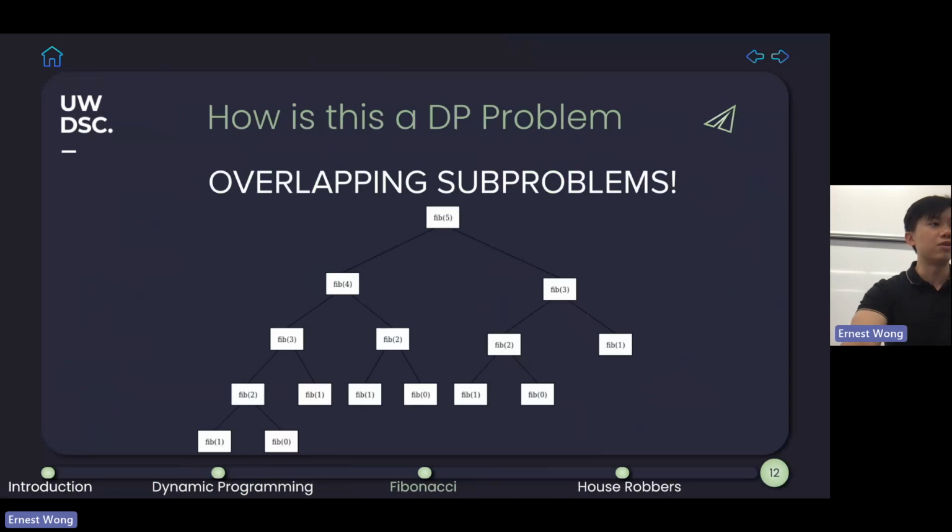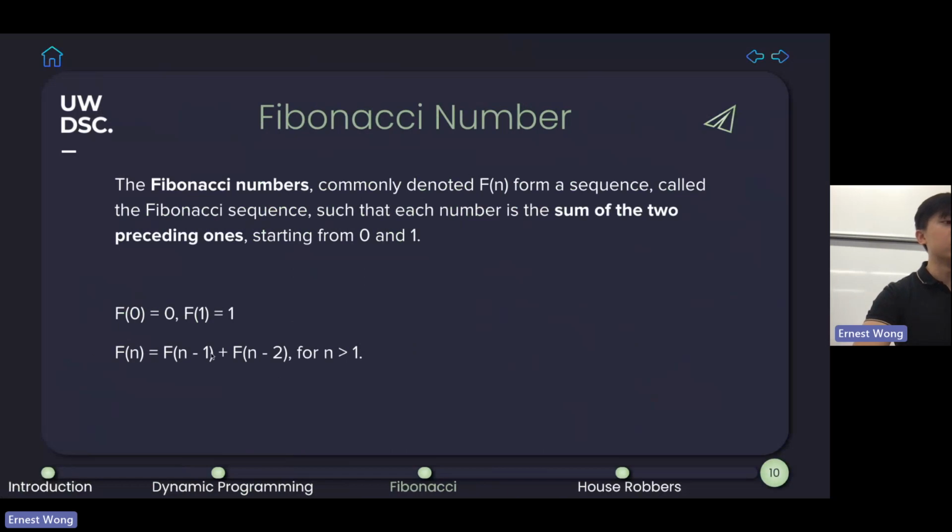So you can imagine that we're calling Fibonacci on 5. We want to call Fibonacci on 4 and 3. When we call on 4 and 3, we call on 3 and 2, and so on and so forth until we reach our base cases. At the bottom, we have Fibonacci 1 and 0. These return 1 and 0 respectively, and we add those together to get 1, which is Fibonacci 2. Again, we add these up to get Fibonacci 3, and so on. These are all recursive calls to get our final value for Fibonacci 5, and the relationship is defined using this formula over here.